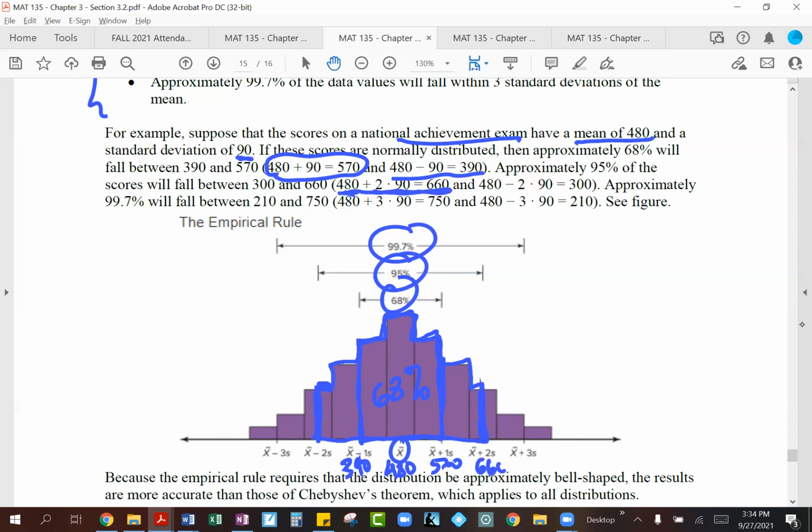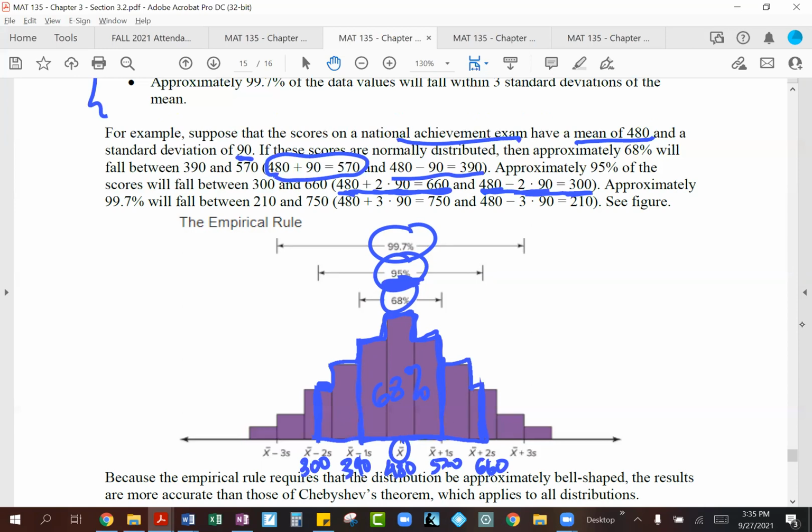So that would be right here. And then our mean minus 2 times 90 will come out to be 300, which is going to be here. So anybody who scores between 300 and 660 on this exam, they are going to add up to 95% of the data values. So imagine everybody who's taken this national achievement exam, 95% of the people will have scored between